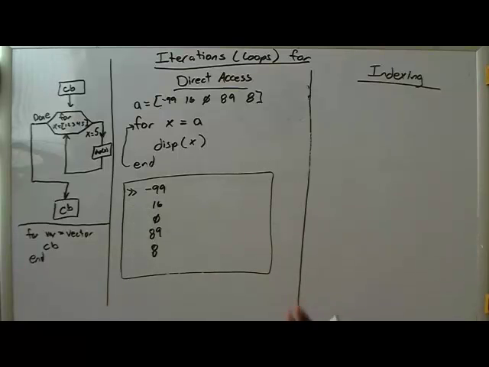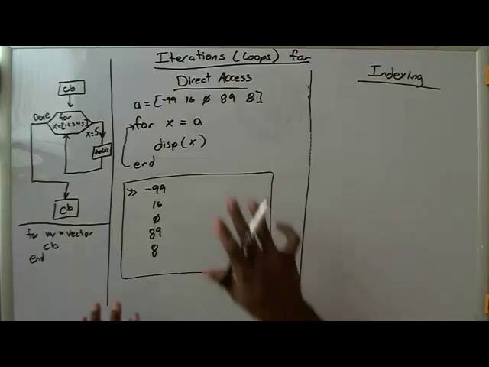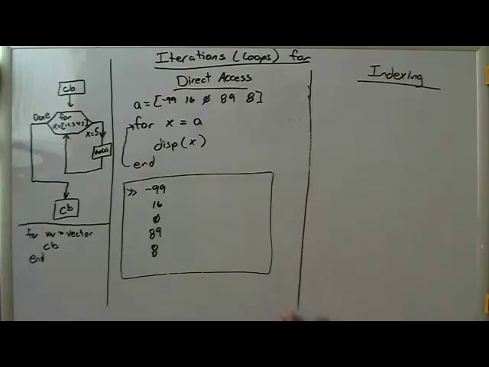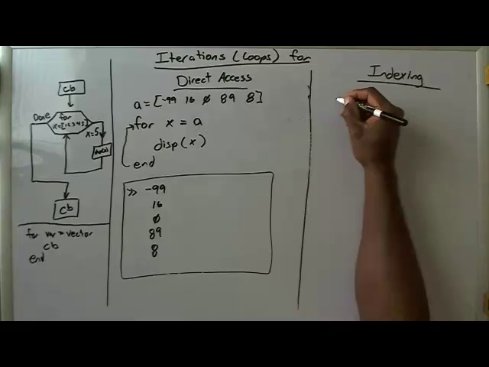That's it. That is how you do for loops. That's the direct access method. I'm going to show you now the indexing method using this same example here, and you'll see what I mean by it's a little bit different. So let's keep